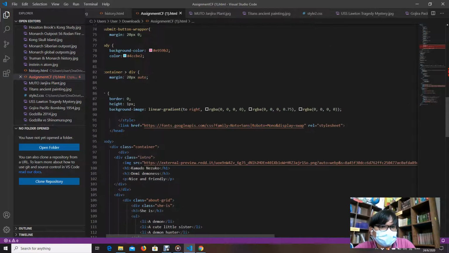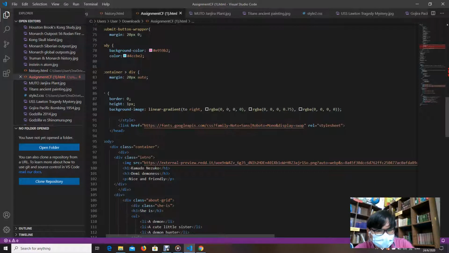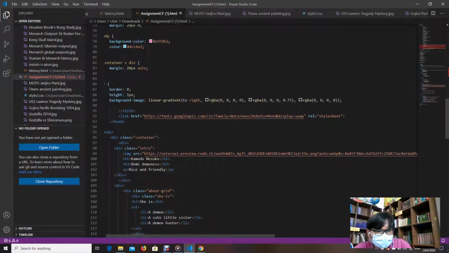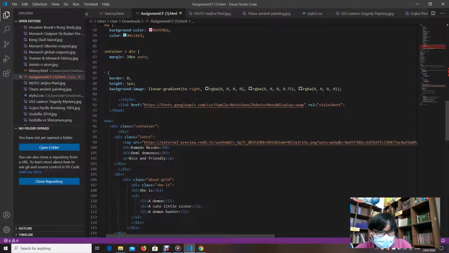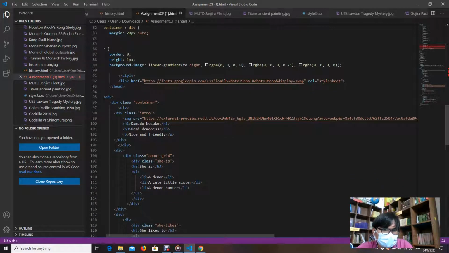The class in the div is the first zip, and this is the first zip container. The second zip is a div, and inside the div we will have the space for intro. Then we close the div and start another div to contain another subzip, and this is the first space class about grid, and then this is the